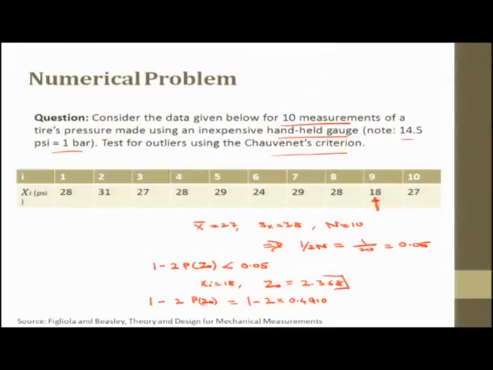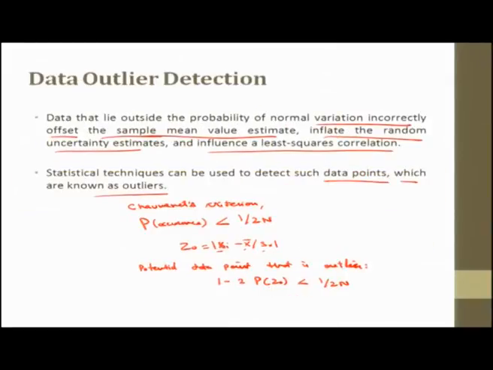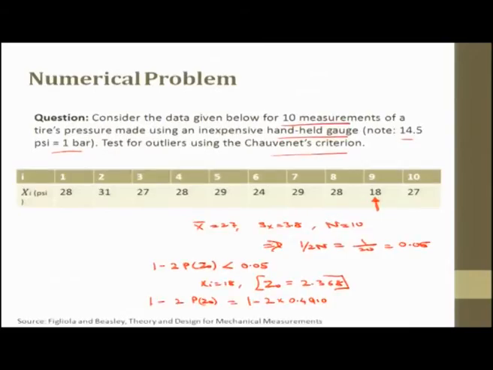Z naught is calculated using this relation. This is the modulus here, z naught is always positive. So, this probability is equal to 0.018. This is the calculated probability for xi equal to 18,